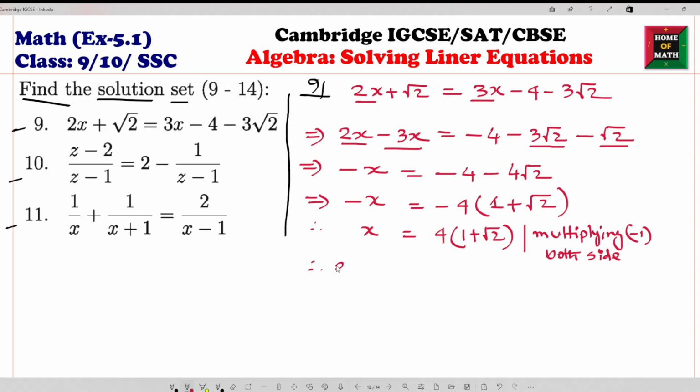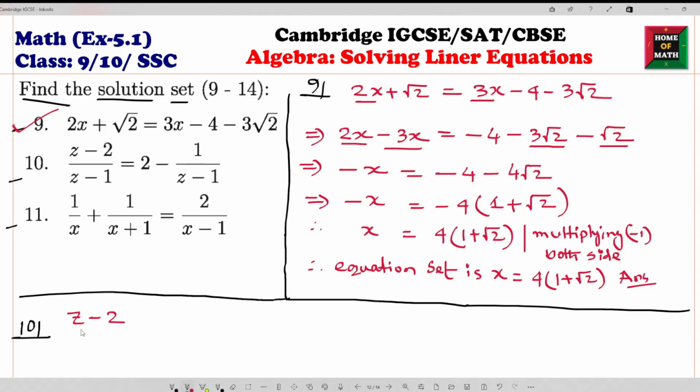So equation set is x equals 4 times 1 plus root 2. This is our answer. So number 9. Number 10,